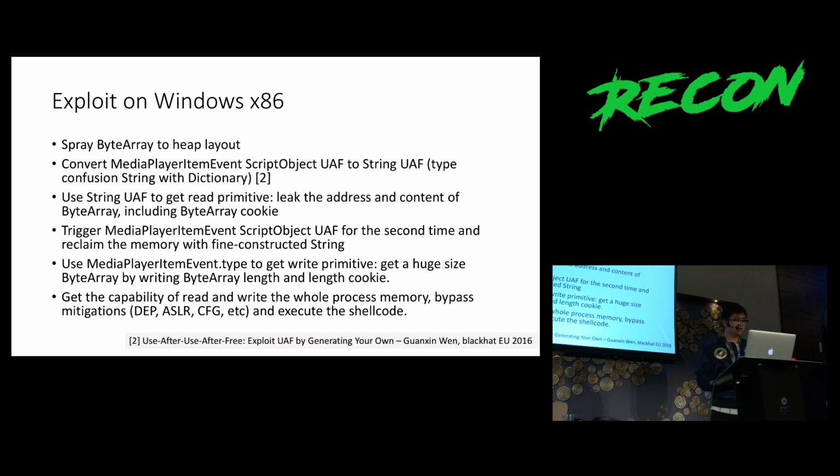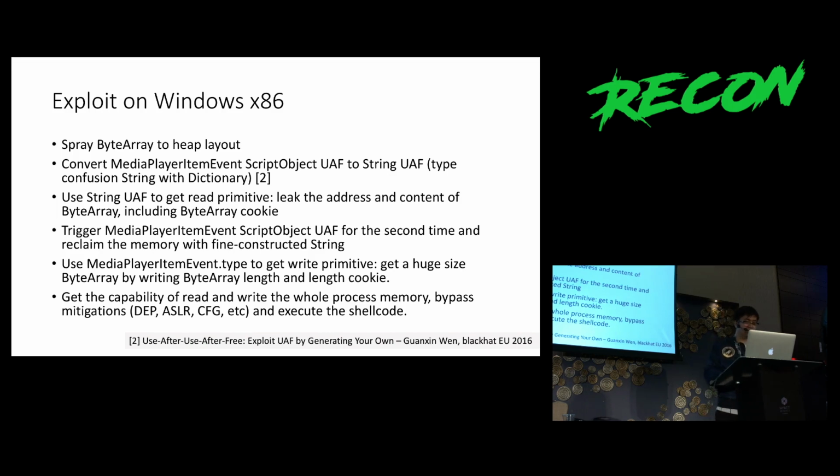After knowing the root cause, we come to see the exploitation. The exploit in x86 is not very hard. You can split ByteArray to groom the heap layout in the first step, convert script object use after free to string use after free, and use string use after free to get a read primitive leak. For example, you can leak the ByteArray cookie and then trigger the use after free again and reclaim the memory